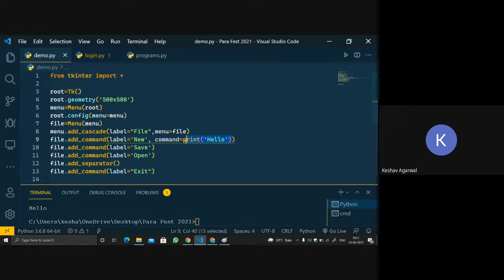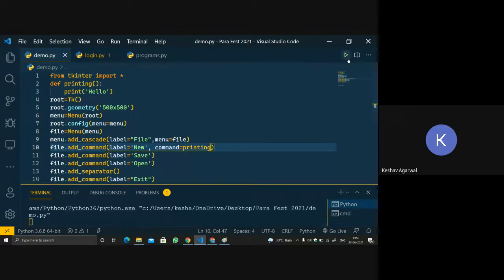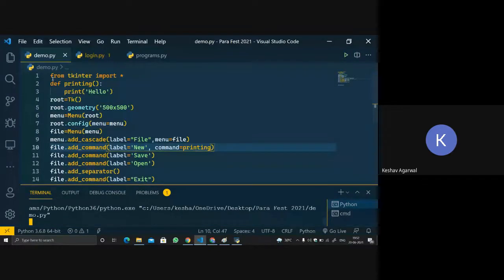In the same case, if I cut it out and make a function, def printing, and in this printing function I paste this statement, and then run the printing function, let's run this. See, now it did not print because no function is called.